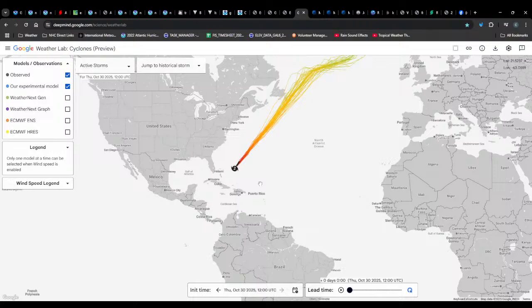And then that interaction with that trough, and its starting its transition to becoming post-tropical, does look like the DeepMind intensity-wise kind of waffled a little bit on that one. Didn't miss it by a lot, but was maybe a little on the aggressive side for some of that re-intensification. The shear caught a hold of it. So I would expect, obviously, with a brand new model that just debuted this year, I mean, come on. They've performed